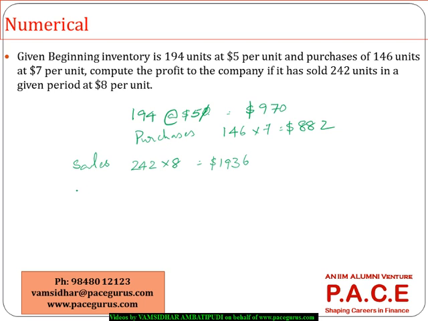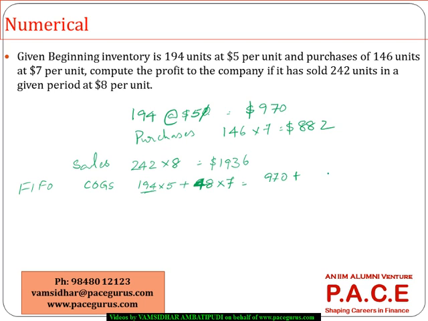Now what would be the cost of goods sold when I go with FIFO? 194 units I take at $5, and the remaining 48 units, since 242 units are sold, 194 from the original and 48 from the new, which I purchased at $7. So this is going to work out to